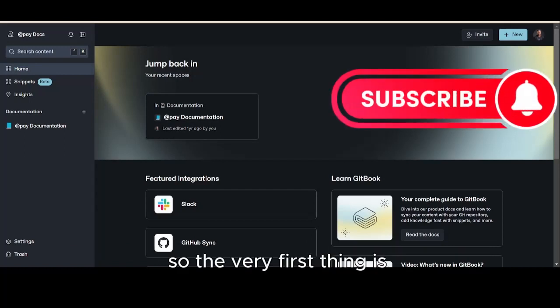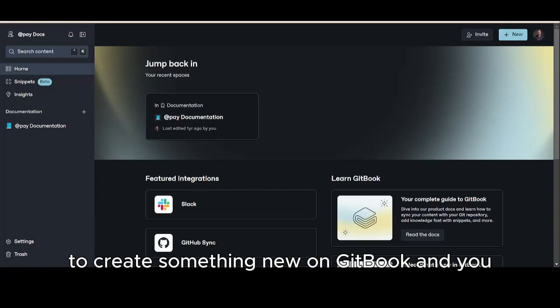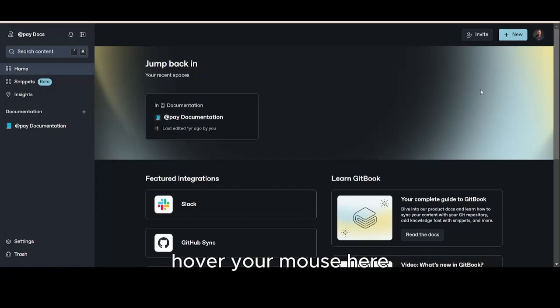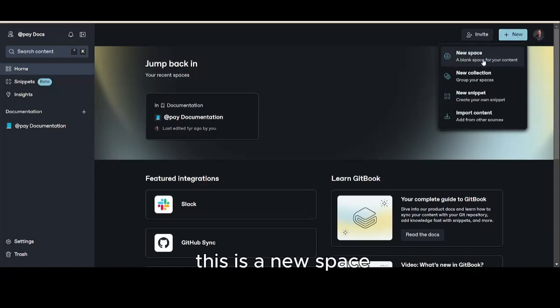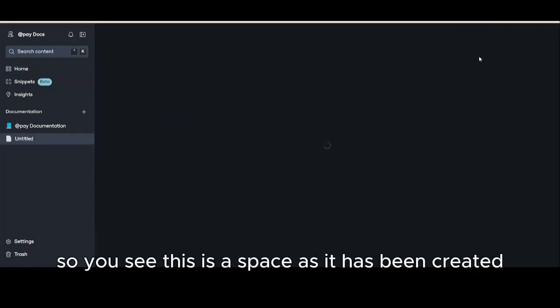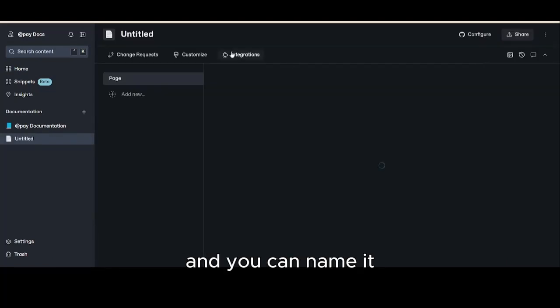So the very first thing is to create something new on GitBook, and you hover your mouse here. This is a new space. This is a new collection, snippets, importation. So the space is more like this one. Okay, let's click on it so you will see. This is a space as it has been created,